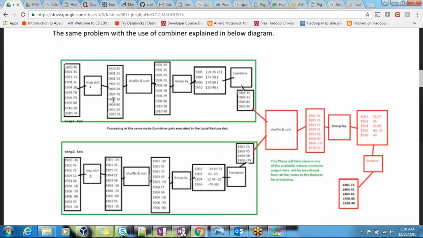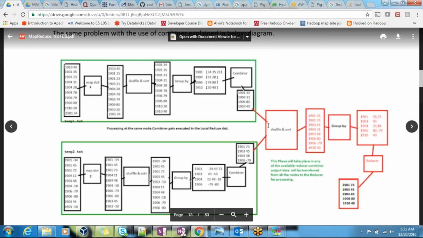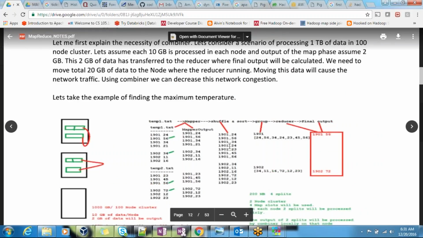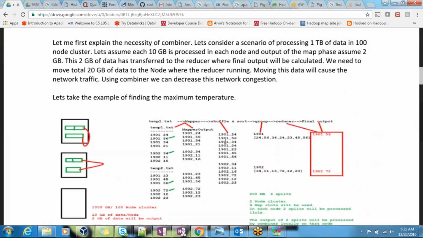So what does the map output look like? Year, temperature. The same year can come with different temperatures because I didn't do any sort and shuffle before sending to the reducer. So my map output goes like this for the sort and shuffle. After sort and shuffle, it will go like this, right?